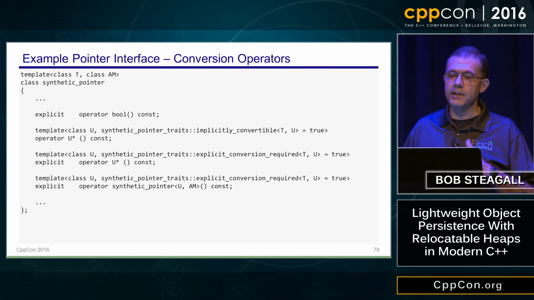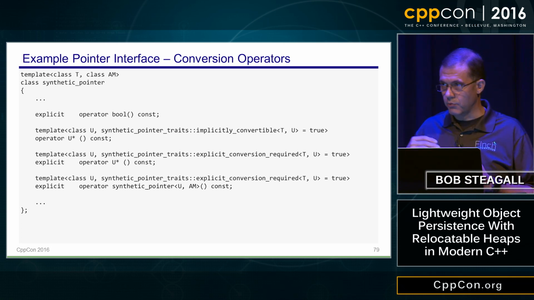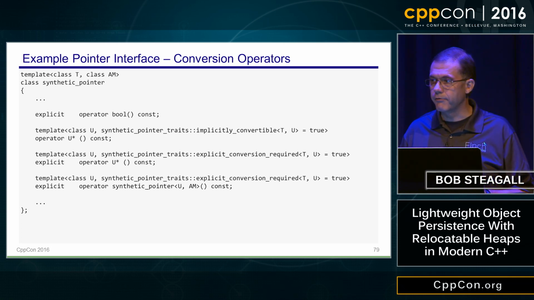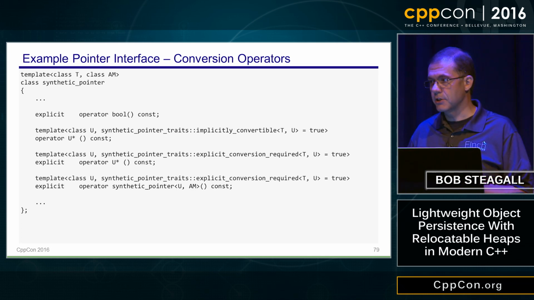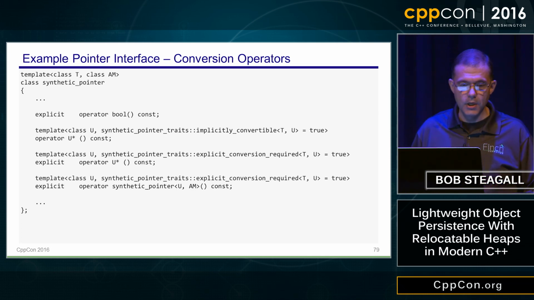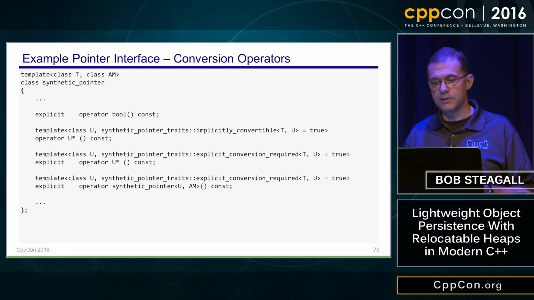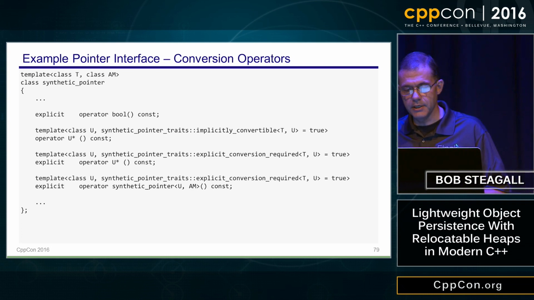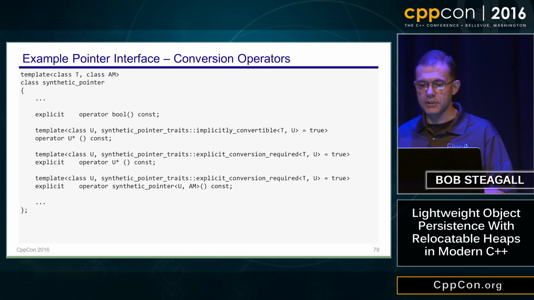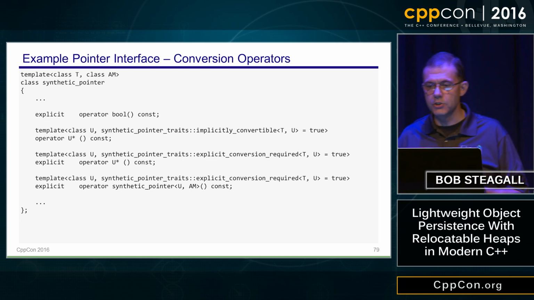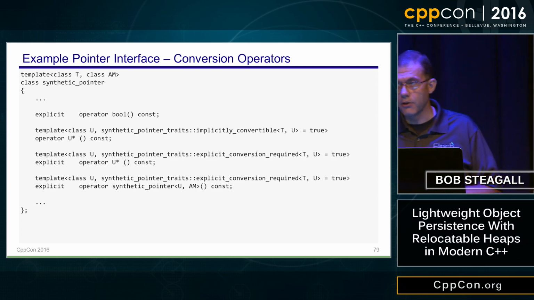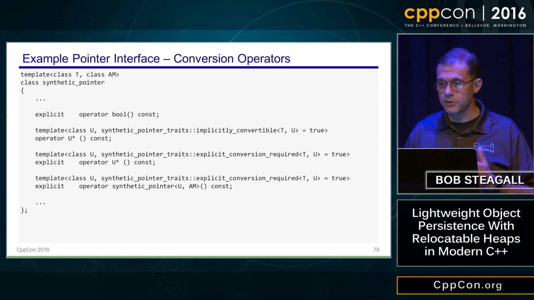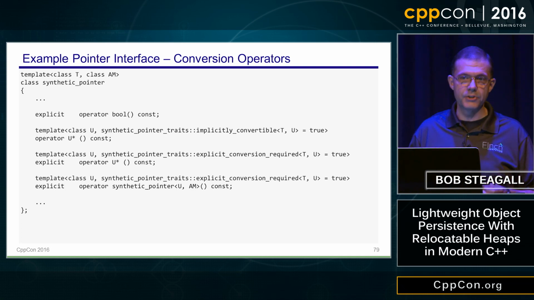And here, I'm thinking of things like removing CV qualifiers, or casting from base to derived, or casting from void to something else. So when taken together, the upshot is that if a conversion can be done implicitly between a U star and a T star, then one set of member functions will participate in overload resolution and allow that to occur implicitly. Otherwise, a different set of member functions participate in overload resolution, and explicit conversion, an explicit cast, is required.